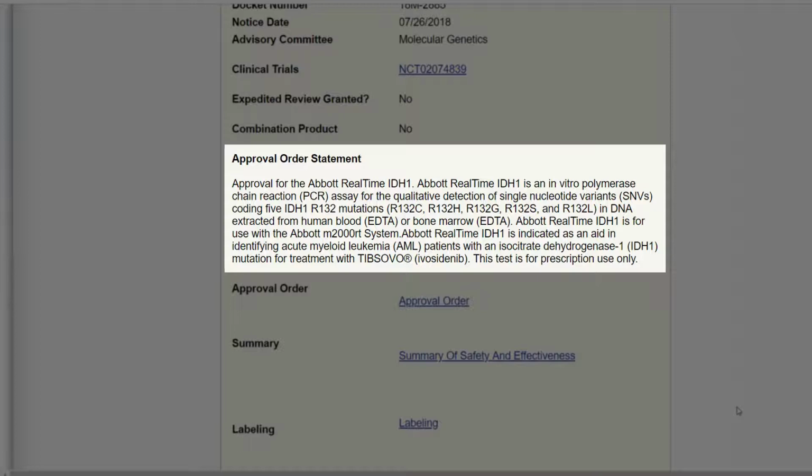That means that instead of the regular arginine that is supposed to be at position 132 on the protein, there are 5 different possible mutations: cysteine, histidine, glutamine, serine, or leucine, and patients with one of these mutations are recommended for the treatment with ivosidenib.